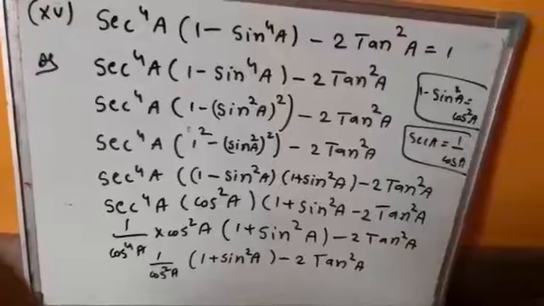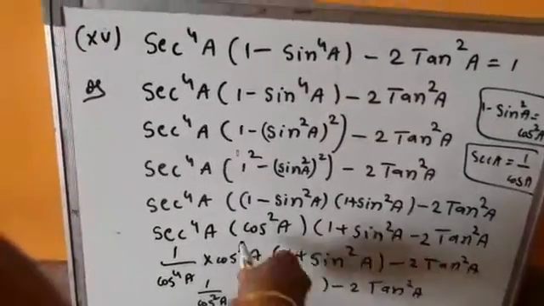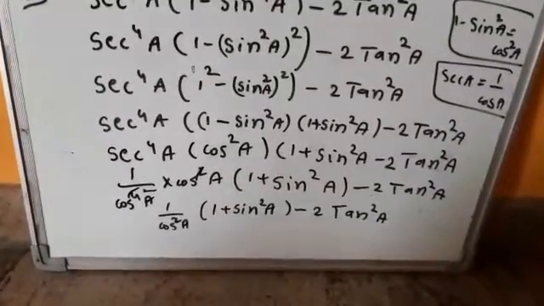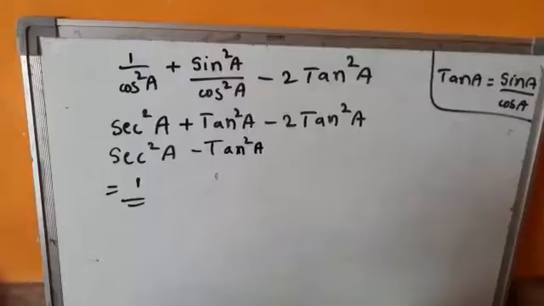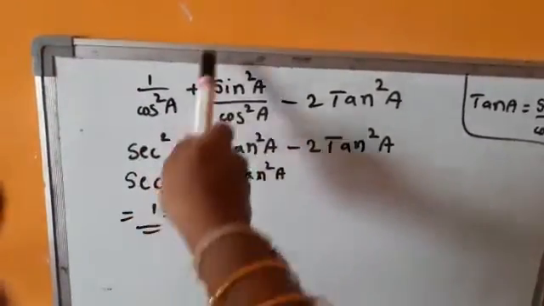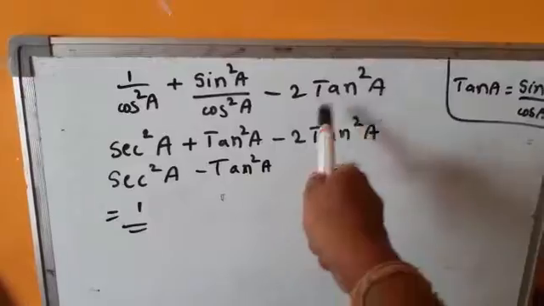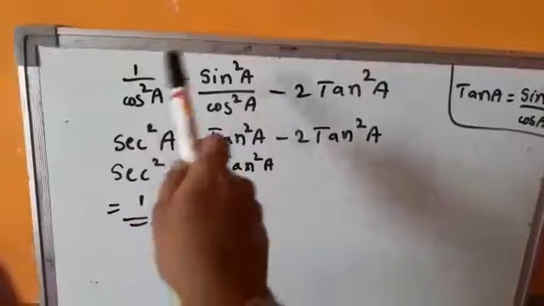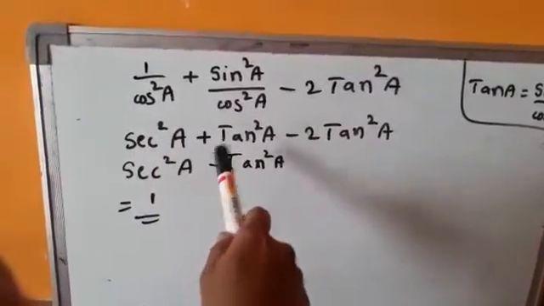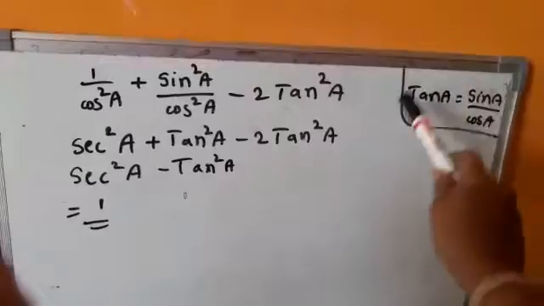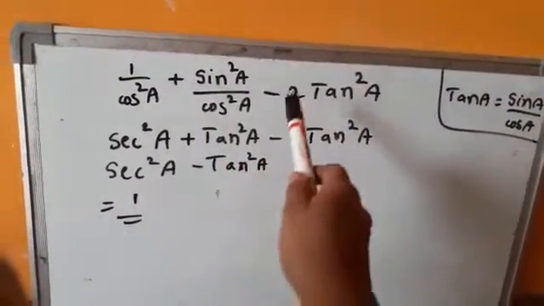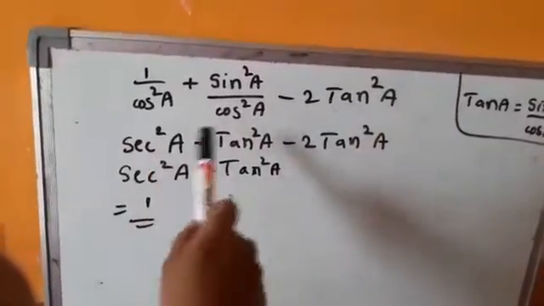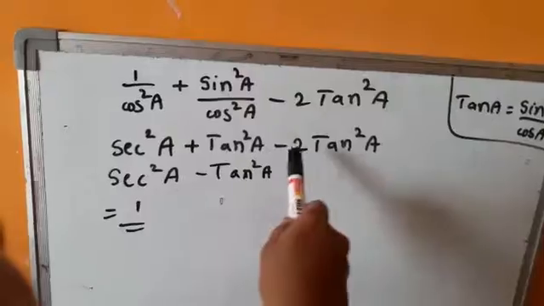Into, see here, 2 and 4 cancel. So here two times cancellation is possible. That's why next, 1/cos²a into (1 + sin²a) − 2tan²a. Next multiplying, 1/cos²a plus sin²a/cos²a minus 2tan²a. See here, 1/cos a is the reciprocal formula sec a. That's why 1/cos²a we should replace with sec²a plus, see here, what is the tan a formula? sin a/cos a. So here sin²a/cos²a we should replace with tan²a, minus 2tan²a. See next, here sec²a same, here plus 1 tan²a minus 2tan²a.